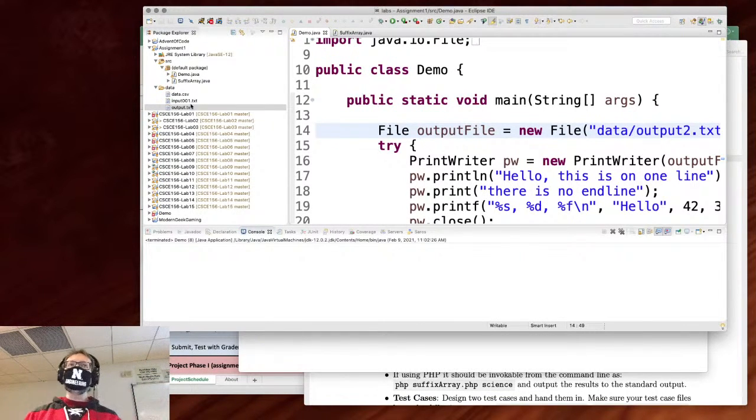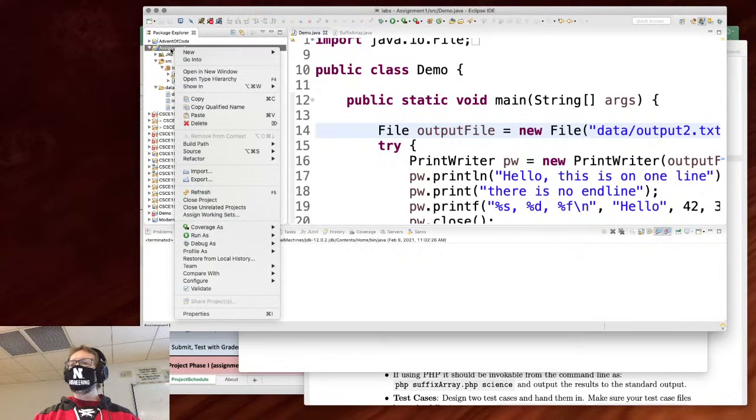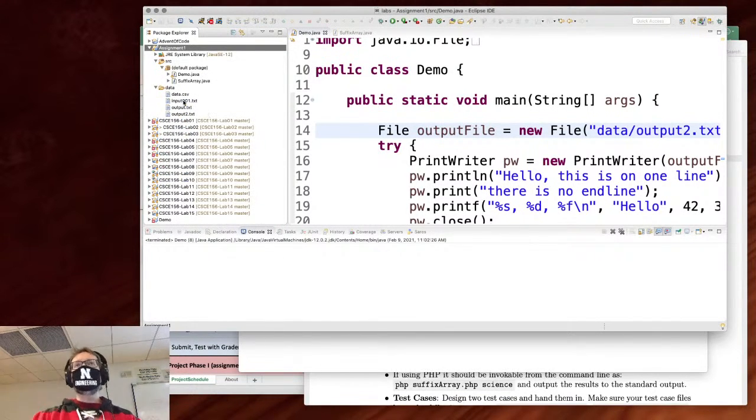Well, your IDE is basically a thin wrapper around your file system. Sometimes it picks up on changes in your file system: new files, files get deleted, et cetera. In this case, though, it didn't pick up on that change. Don't worry, don't panic. All you need to do is right-click your project, go down to refresh, or just hit F5, and it'll automatically sync with the file system and see, oh, there's that